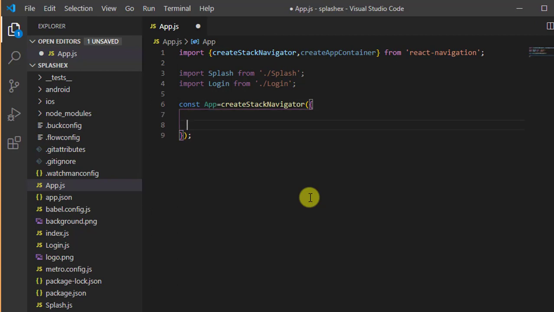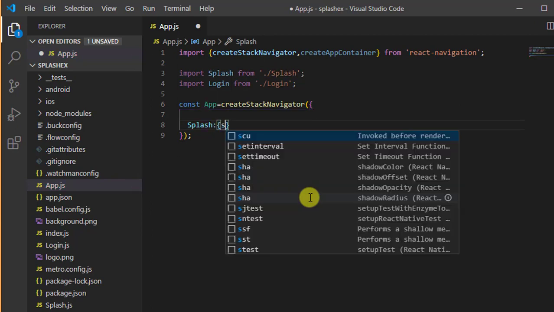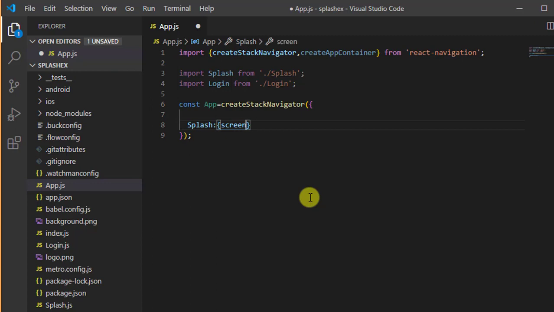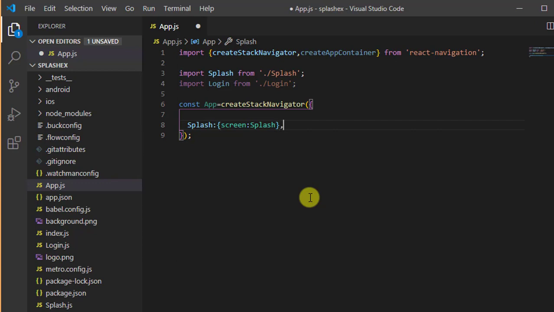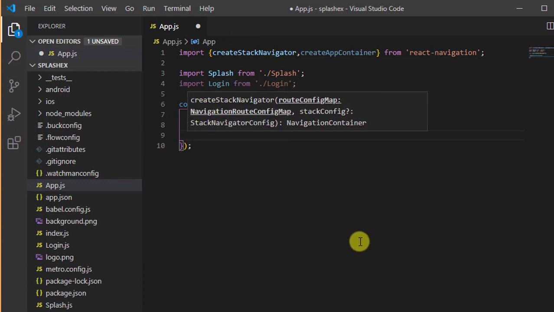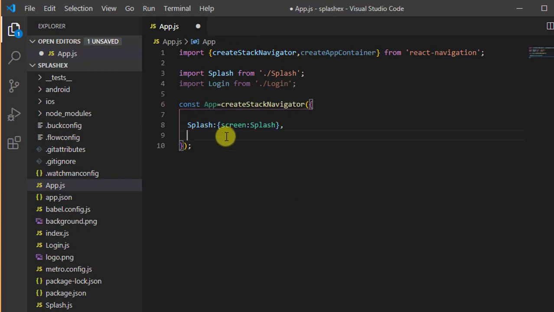For example, splash colon, inside the curly bracket we have to set screen colon splash comma. Similar, login colon, inside the curly bracket